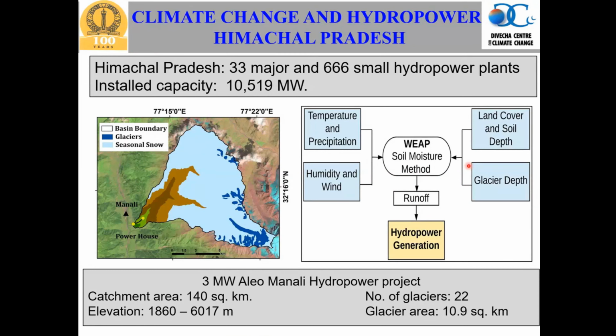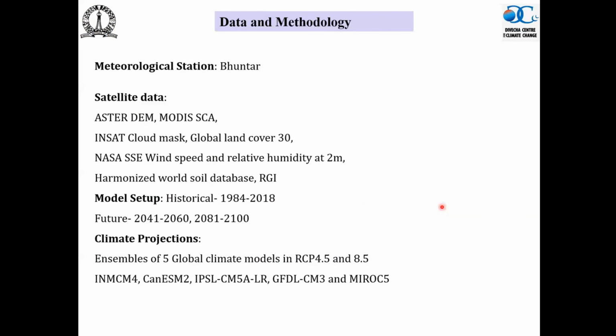where you can do it by using very sophisticated models like the WEEP model, where temperature, precipitation, land and soil depth, glacier depth, humidity, and hydropower can be used to estimate. You can estimate the runoff, and you can use it for hydropower generation. But remember one thing: understand the fundamental aspect. Even if this model is sophisticated, as far as snow and glacier melt is concerned, it is the same. So you may not understand it, but you can use the sophisticated model to do it, and you can get